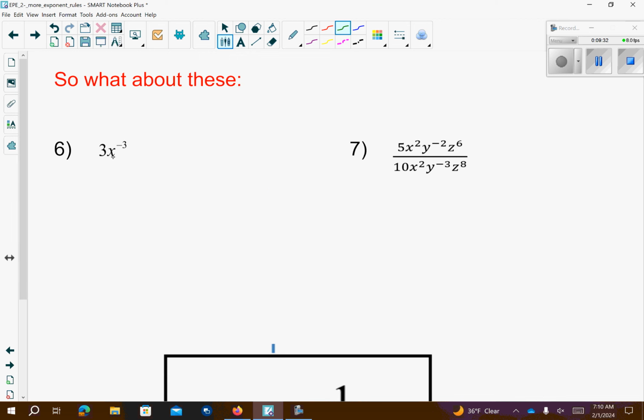So let's take a look at this one. The only negative exponent is attached to the x. The 3 is going to stay on top. This needs to move locations. It's going to move down. Okay, now let's take a look at our next problem, number